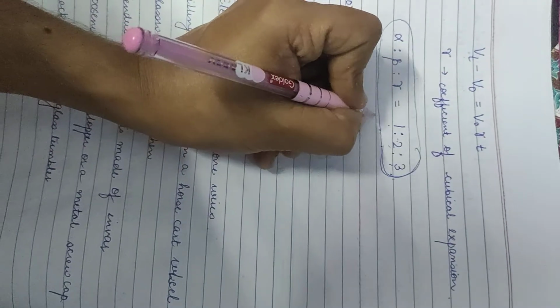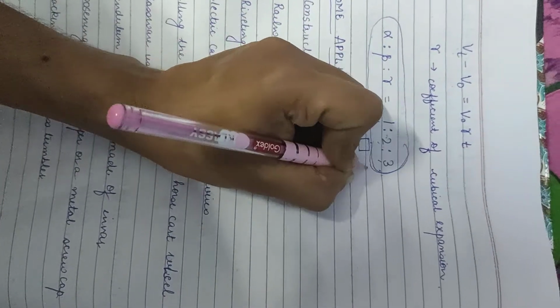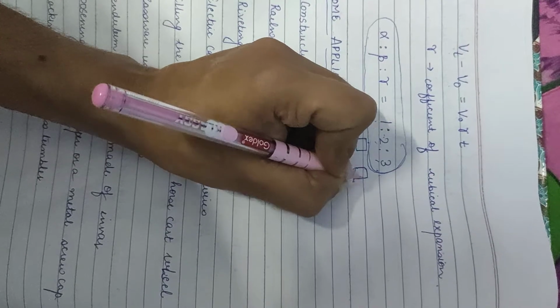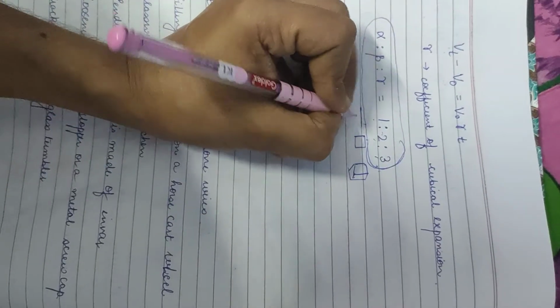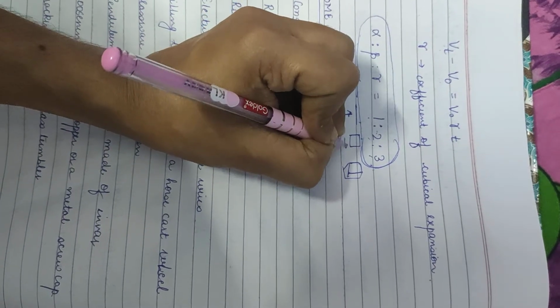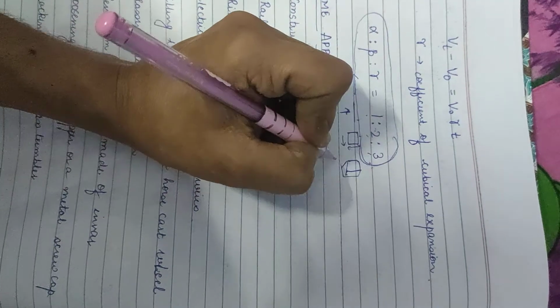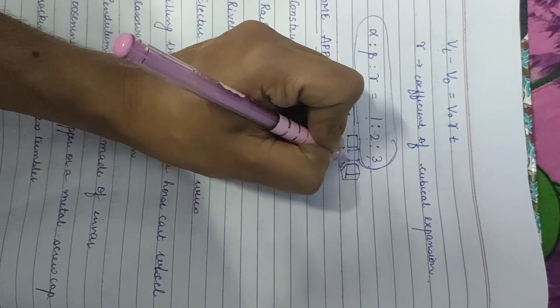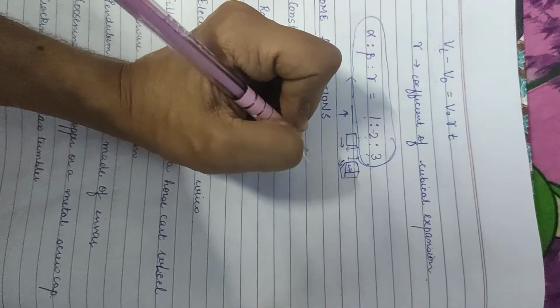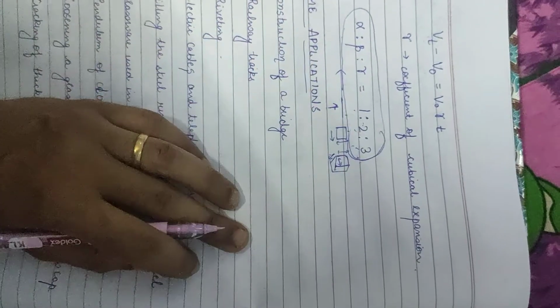Okay, we are having, suppose I am having iron rod, I am having iron plate, and I am having some iron piece of solid. So one increase will be there, only one side increase it is. Two side increase means two linear expansions are there. Three side increase means here we are having three linear expansions. Okay, so that is 1:2:3.